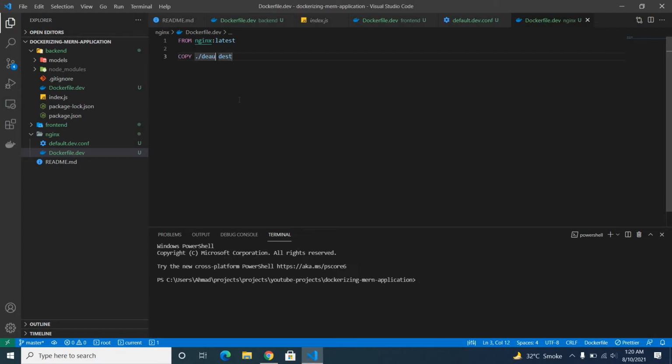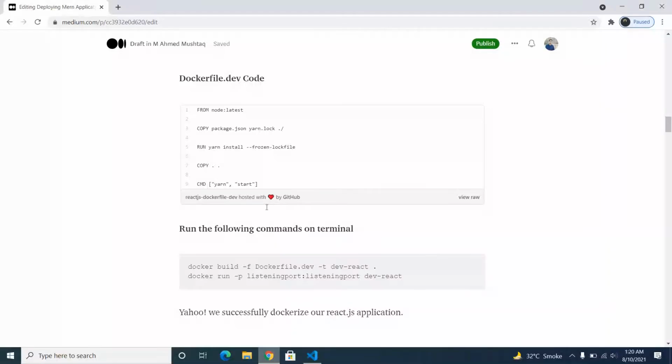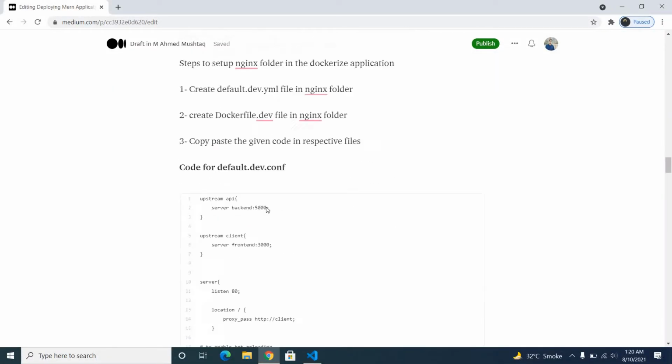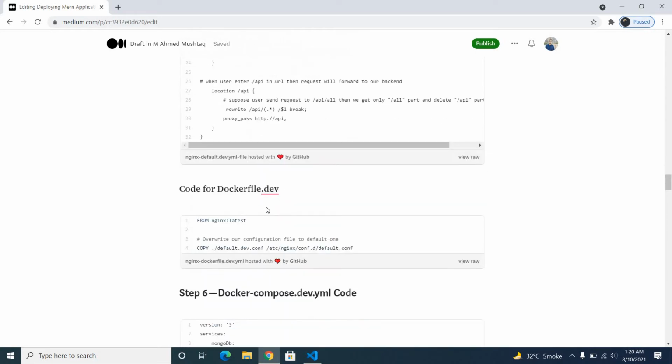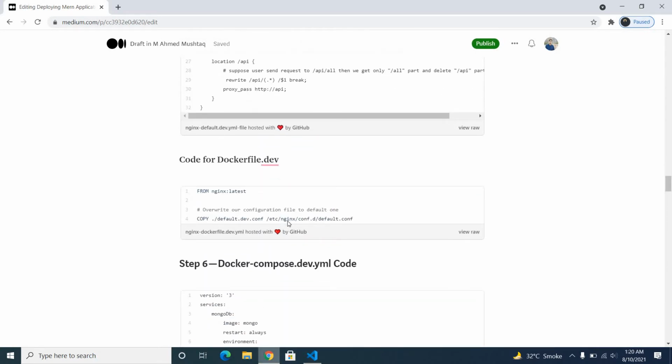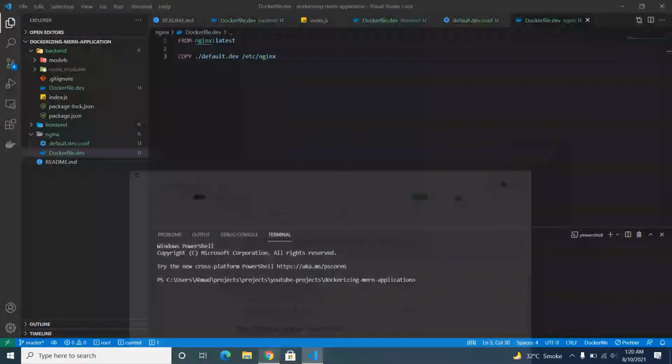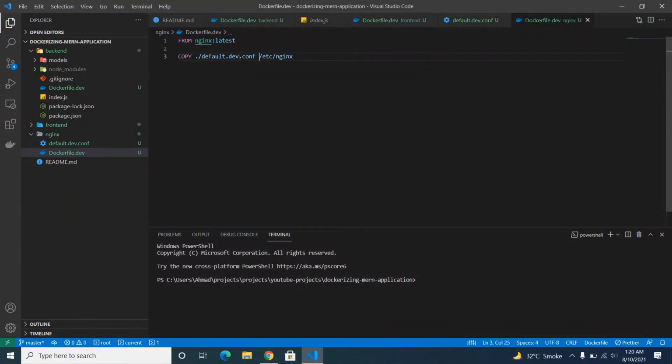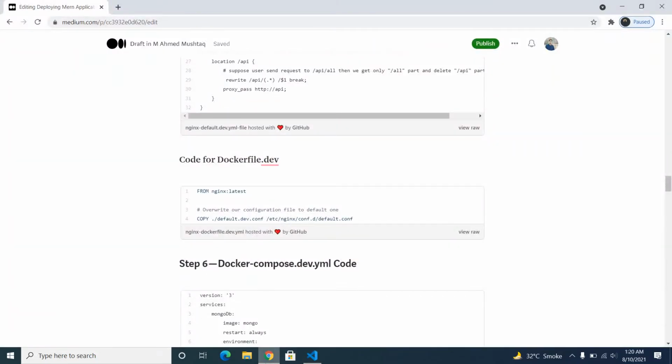Custom default file is in etc nginx, I think. Here you can check etc nginx conf.d